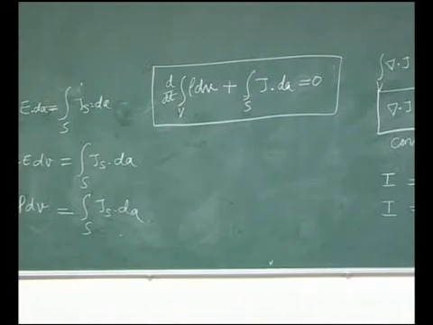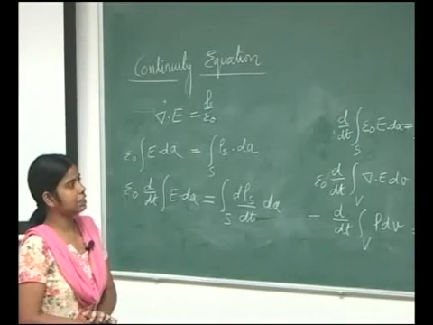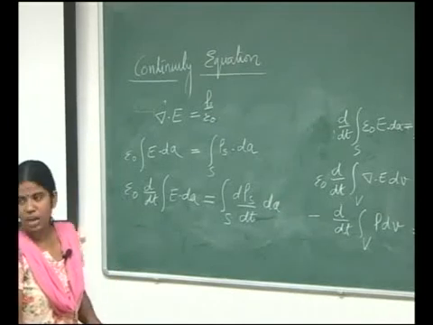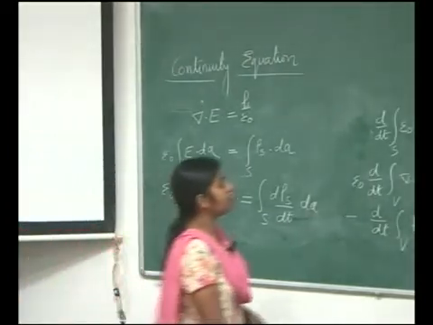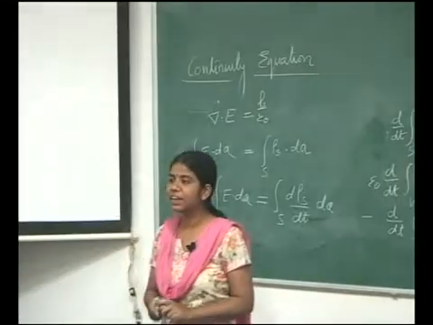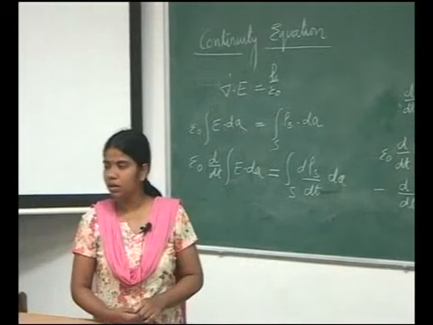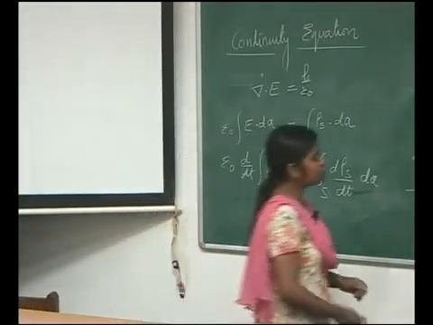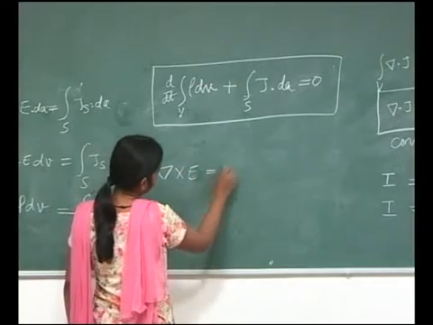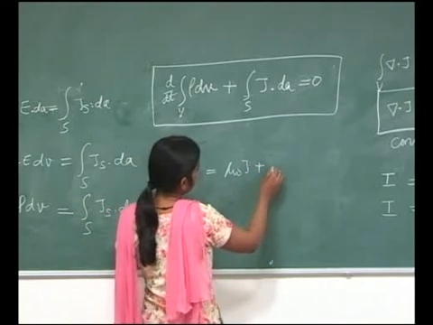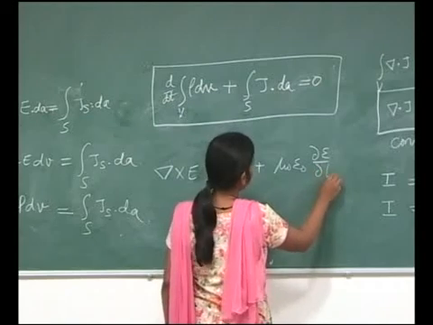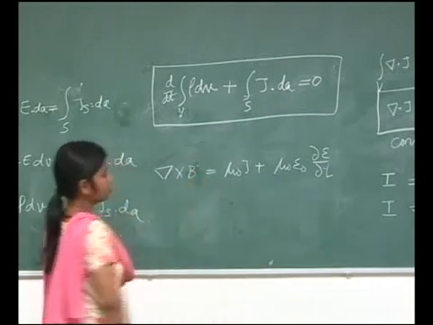Okay. This is the continuity equation, and this finishes your unit 1 also. So, if you have any doubt from continuity equation, you can ask me now. And I tell you that precisely this was the reason why Maxwell added the second term, displacement current term, in the fourth Maxwell's equation. The fourth Maxwell equation says that del cross B is equal to mu 0 j plus mu 0 epsilon 0 del E by del t. This is del cross B, right.